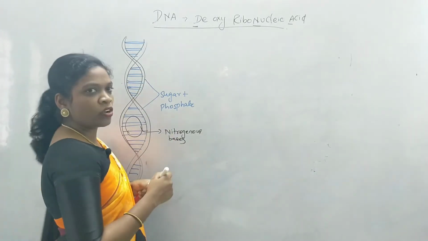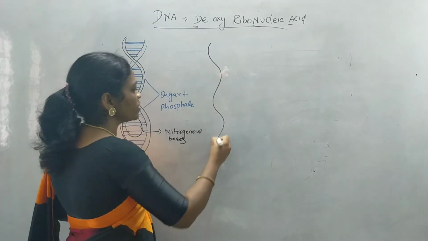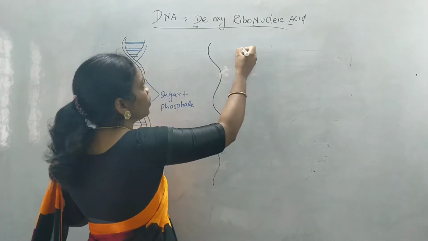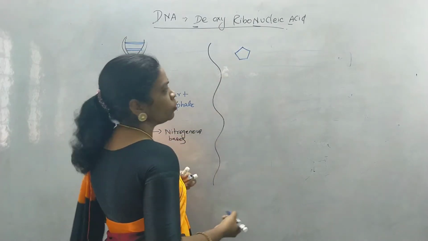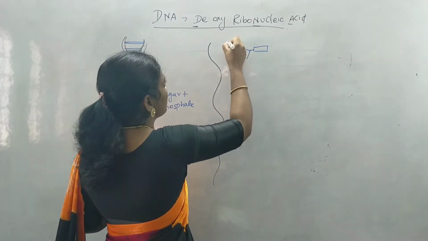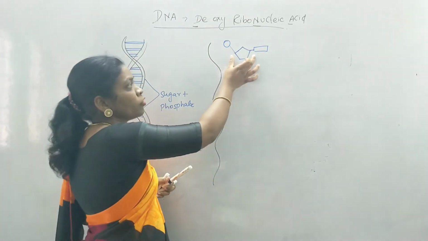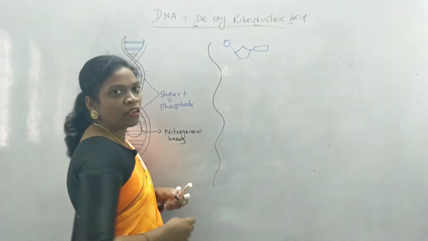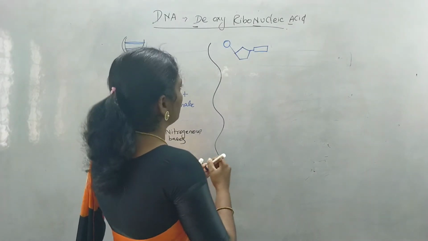Now we'll move on to the DNA molecular structure. Now we'll see one strand of DNA and how it is formed. I'm just drawing one strand of DNA here. We already learned that one nucleotide consists of a pentose sugar, a nitrogenous base and one phosphate group. As we all know, this is a single nucleotide. When many nucleotides are added together they form the complete chain of DNA. We'll draw the next adjacent nucleotide here.